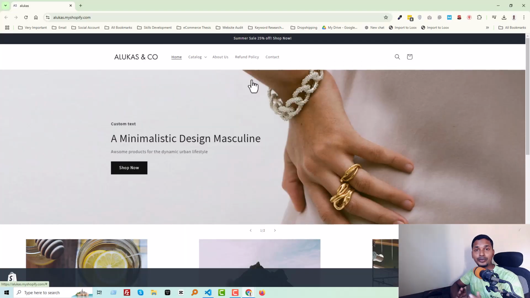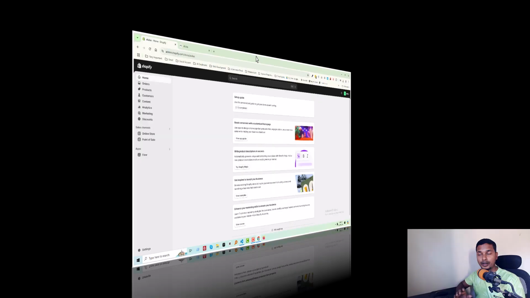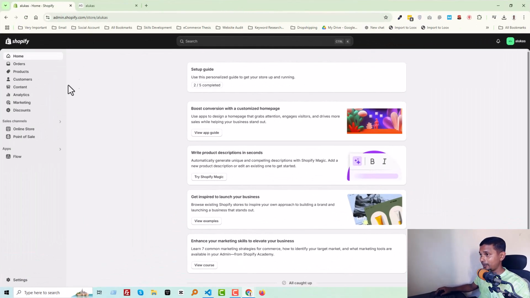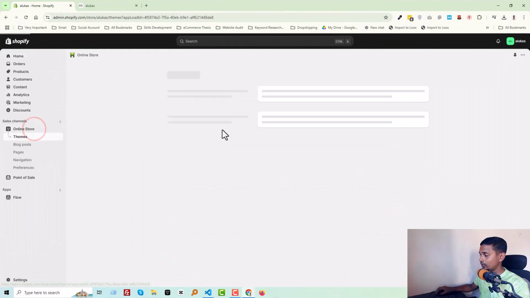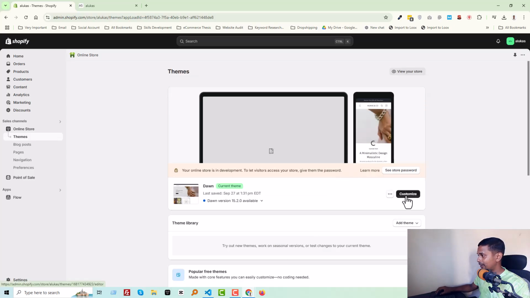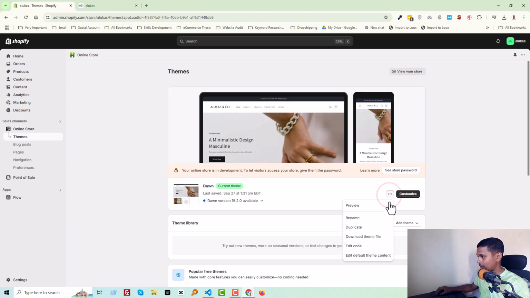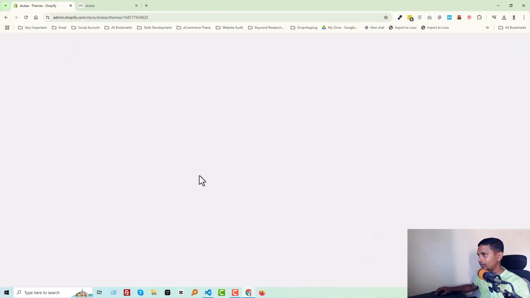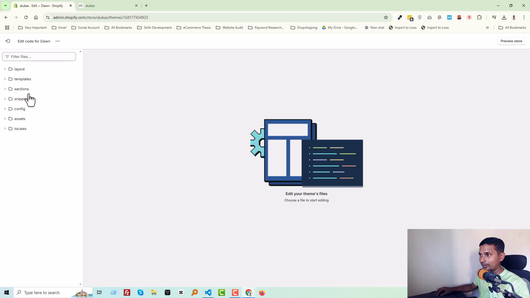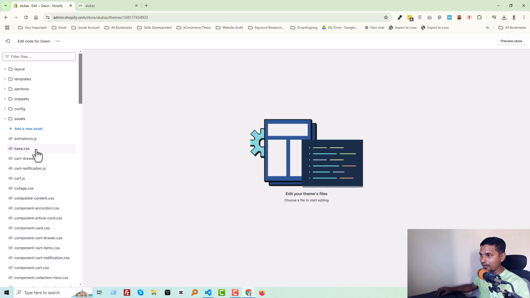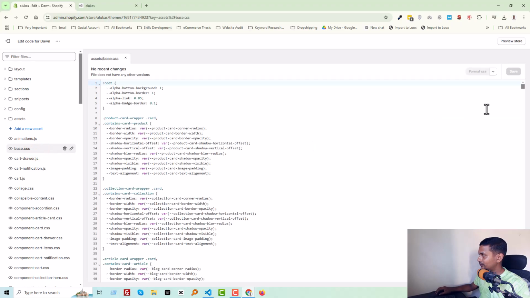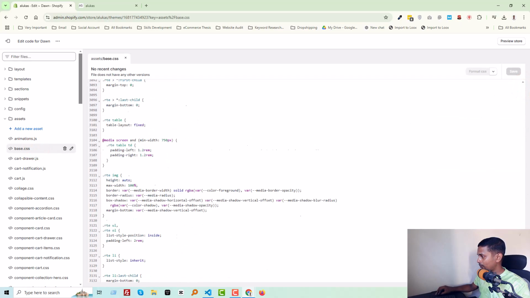Okay, to do this, first of all you have to log in to your Shopify admin panel. So I'm going to log in to my Shopify admin panel. Here is my Shopify admin panel. Then click online store, then click this three dot icon, edit code, then open asset folder, open base.css file, go to the bottom of this file,